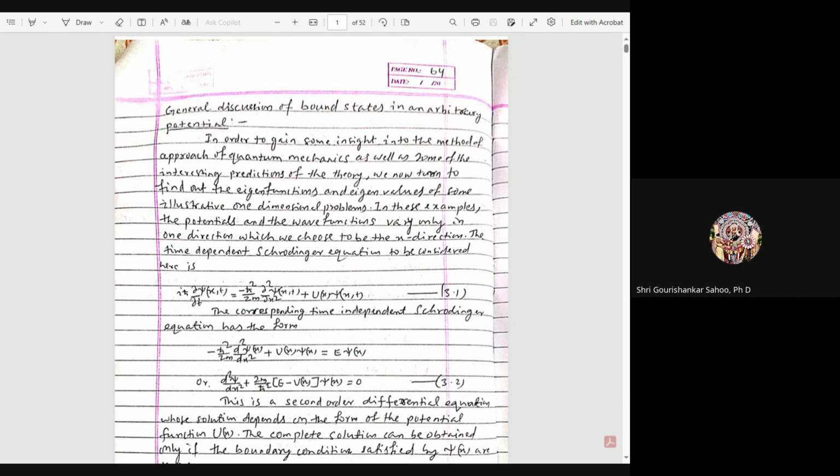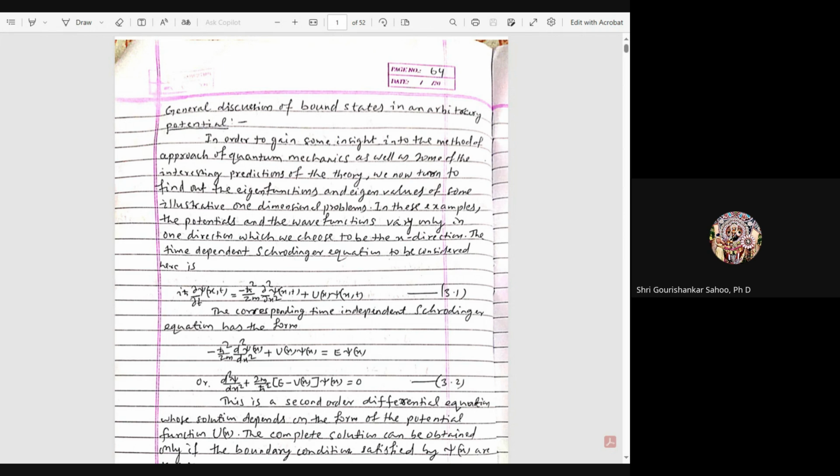So, in order to gain some insight into the methods of approach of quantum mechanics as well as some of the interesting predictions of the theory, let us find out the eigenfunctions and eigenvalues of some illustrative one-dimensional problems. In these examples, the potentials and wave function vary only in one direction, that is the x-axis,